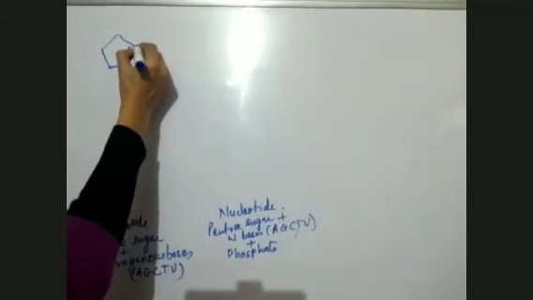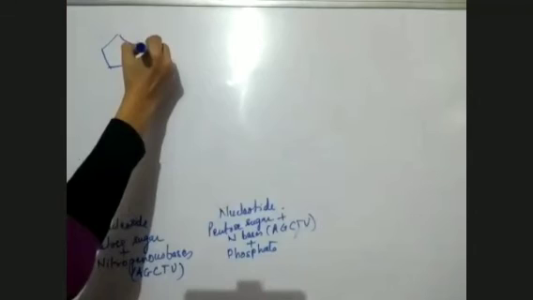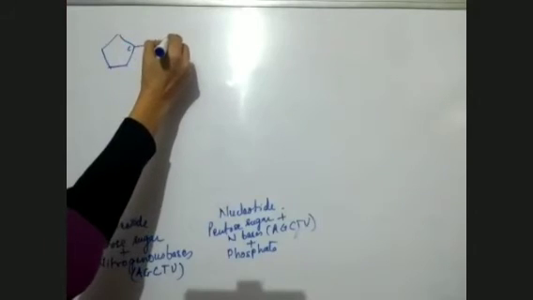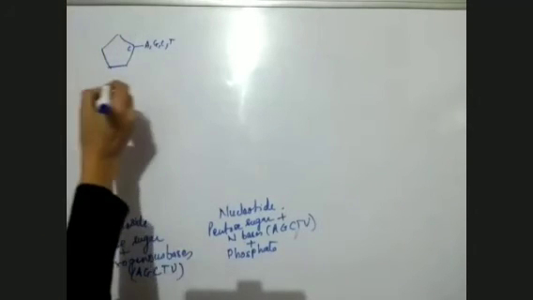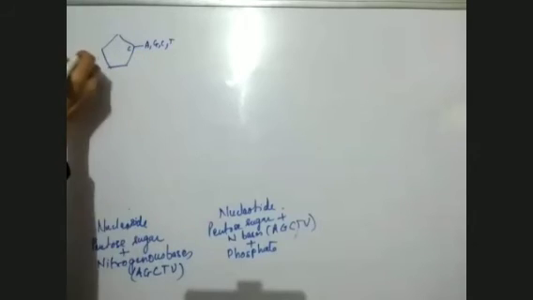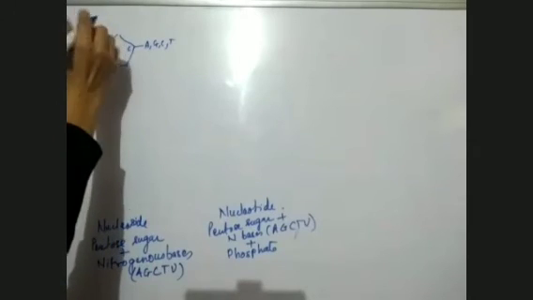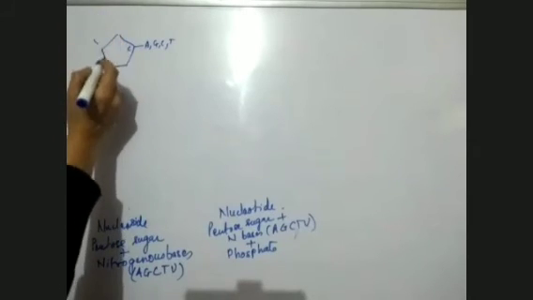So here, any nitrogenous base can be attached. It can be A, it can be G, it can be C, it can be T, it can be U, any. Okay, so here nitrogenous base is attached, and on this side, to the fifth carbon,